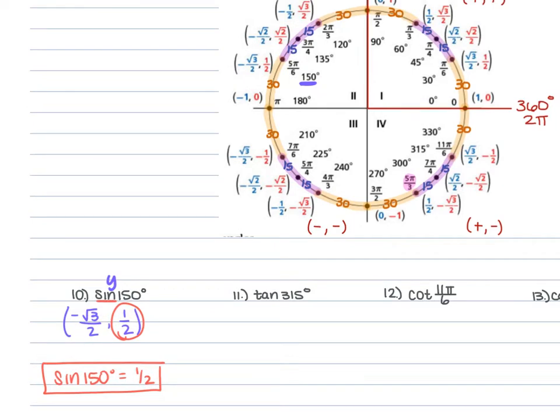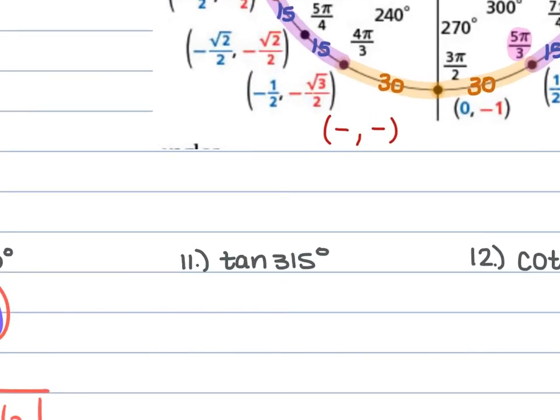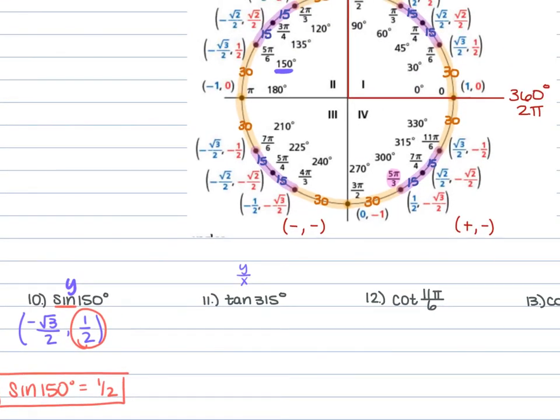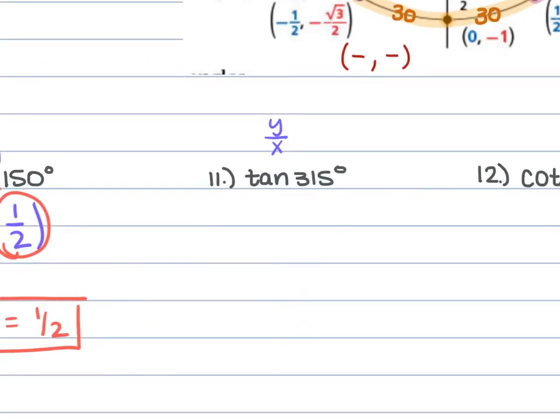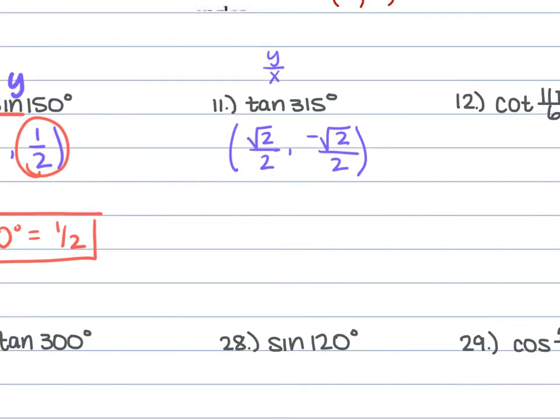For 11, we have the tangent of 315 degrees. Remember, tangent is y over x, so y divided by x. For 315, we are going to use the square root 2 over 2 and the negative square root 2 over 2. So our ordered pair is the square root of 2 over 2, comma, negative square root 2 over 2. We're going to divide these two, so we're going to do negative square root 2 over 2